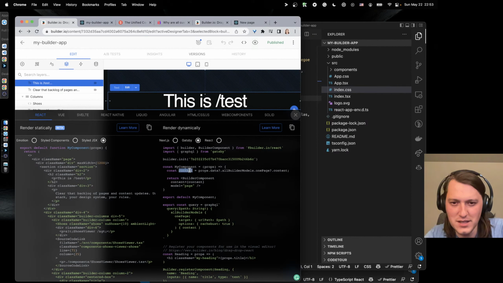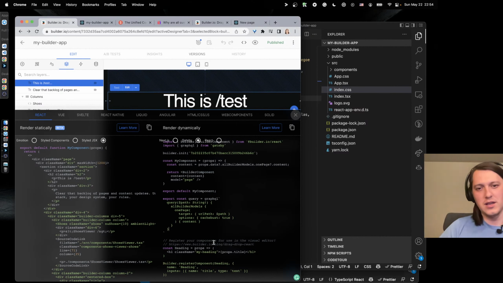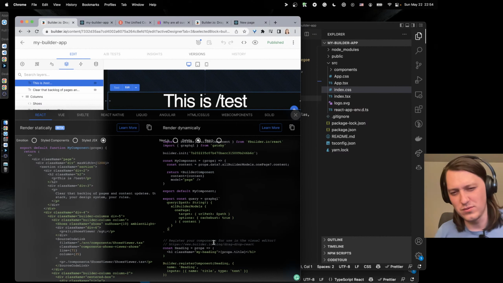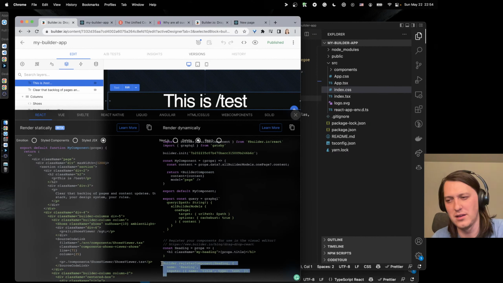So content, get my component, GraphQL. What is happening? I already lost it. Okay, so I understand this part. This is how to show your custom components. I'm curious how to add new custom components, because I need to write it on my developer machine first.